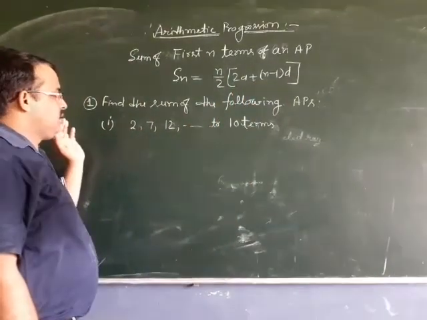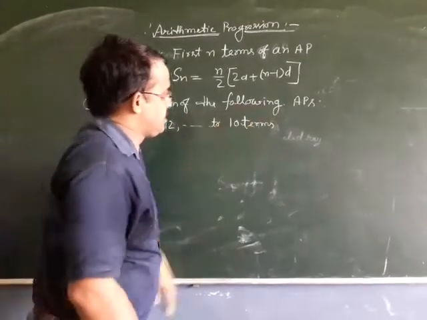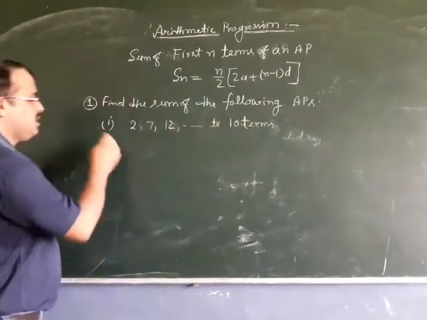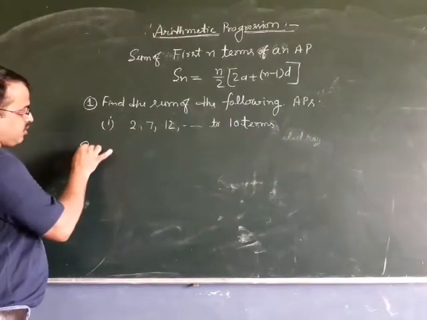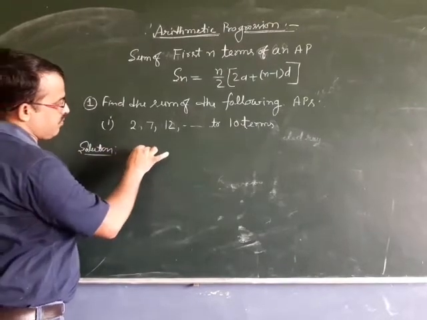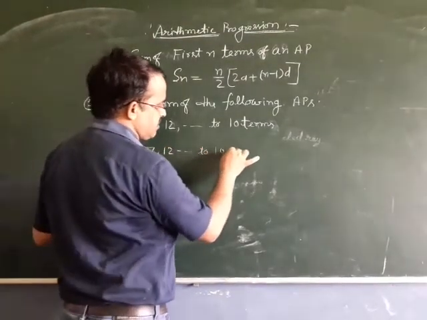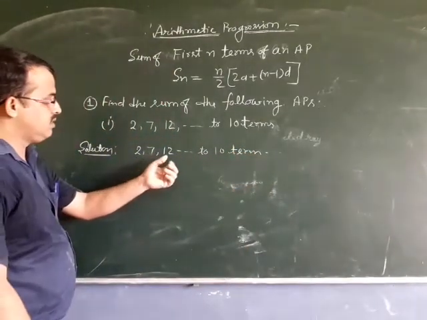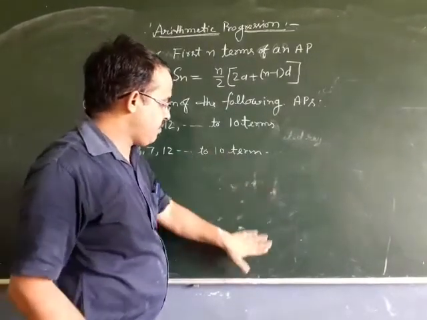So here is your first question. Find the sum of the following APs. Here is the first question; the series is given. Write the solution here. The given AP is 2, 7, 12, up to 10 terms. We have to find the sum of the series 2, 7, 12 up to 10 terms. So first we find